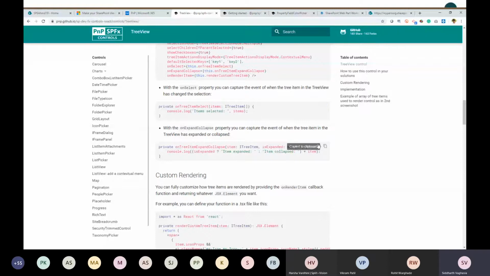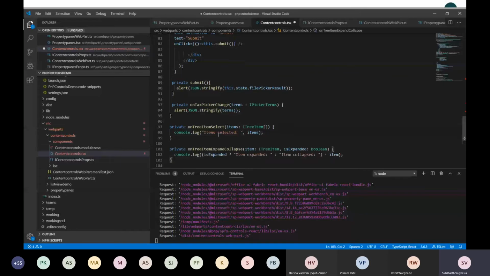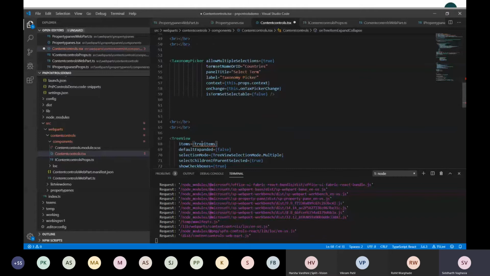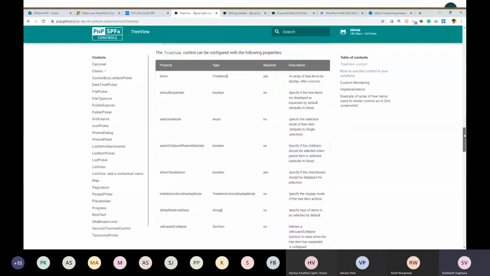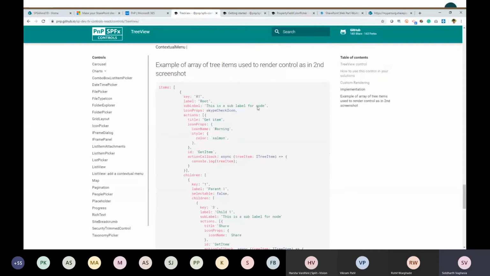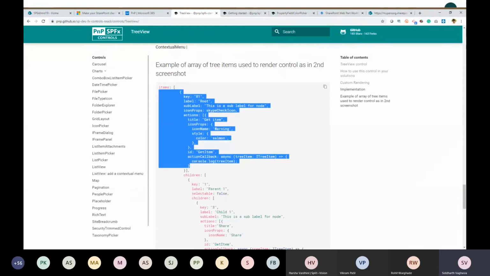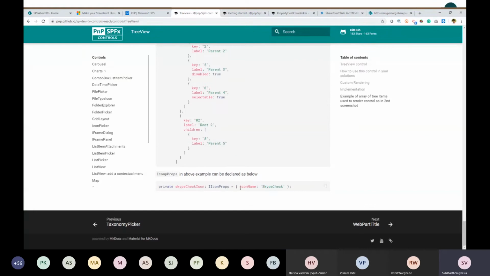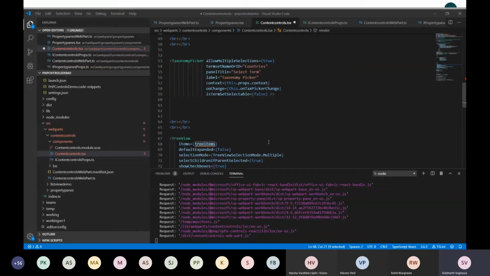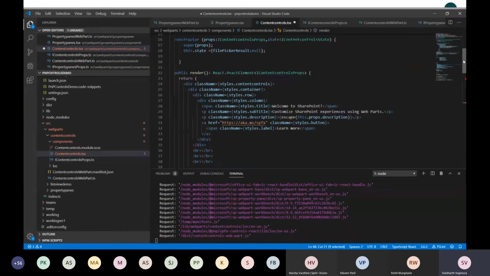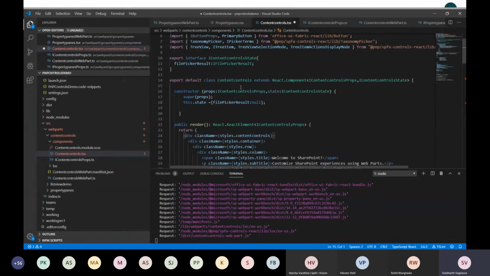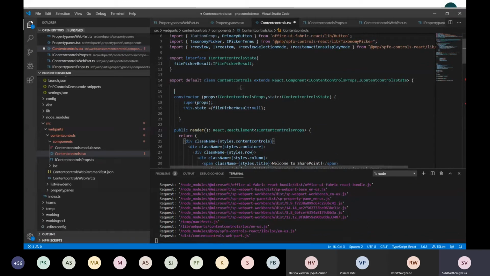And also on expand collapse. Okay. Now it needs the object, right, which we need to display. So what I will do is I will basically declare a private variable. So this is basically hard-coded data, which you can use, but you can extend it and create dynamic data by getting data from SharePoint or any data source and using it. So I'll declare it as a private variable only here, where items.